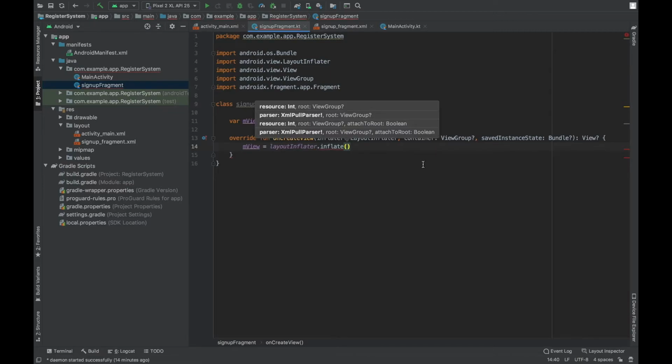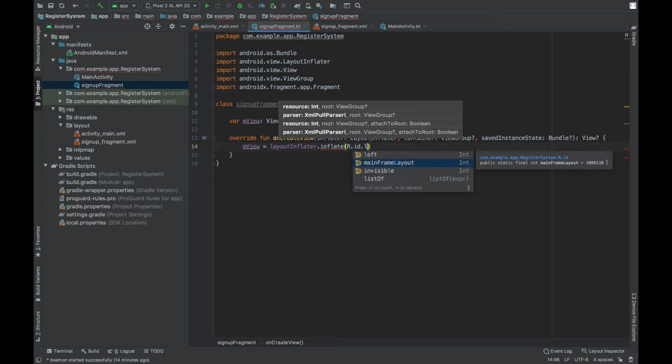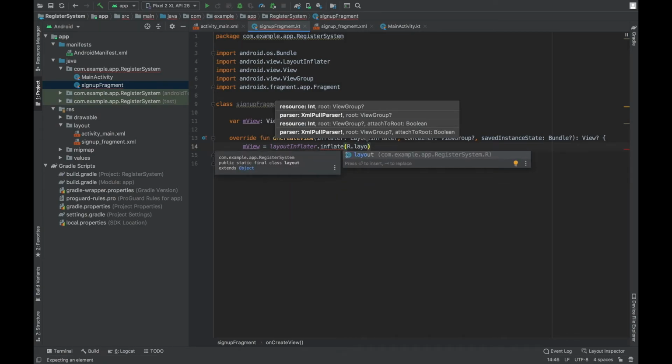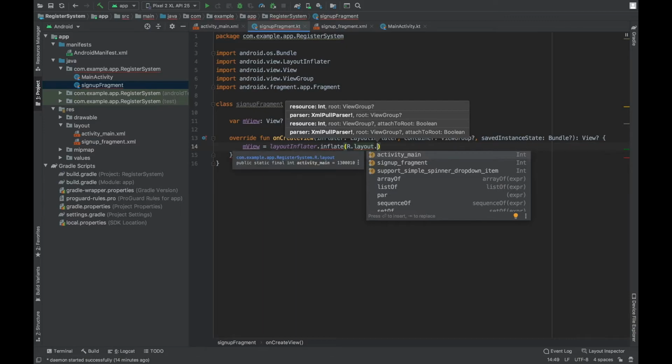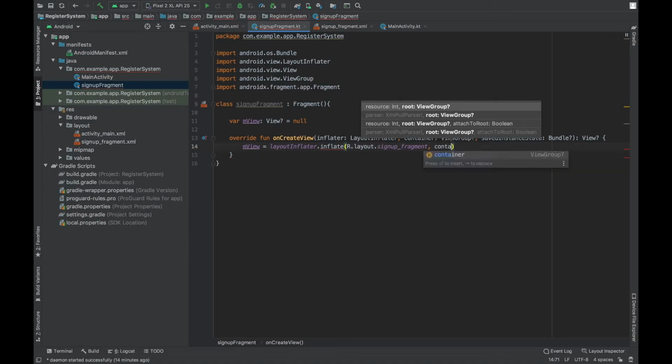Now the first argument here is the layout resource. So for that R.layout, as we are going to inflate R.layout.sign_up_fragment. So this is the layout file we created just now, and here is the view group. So here we are going to add container.